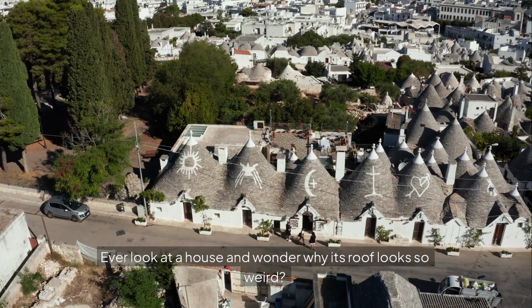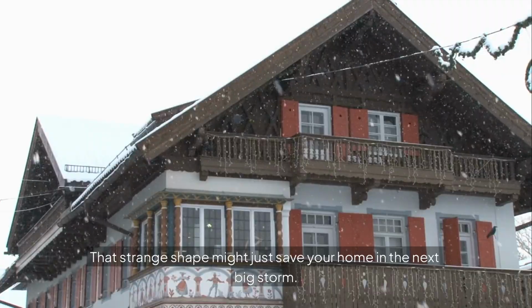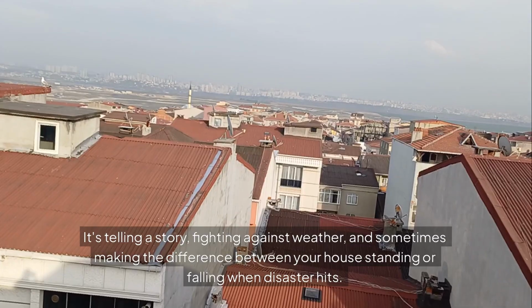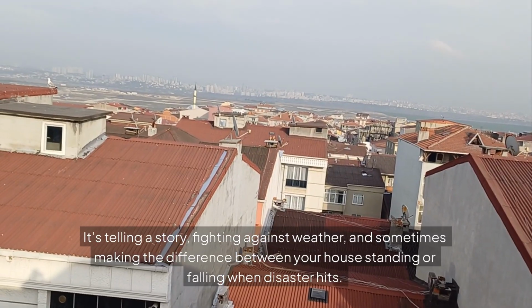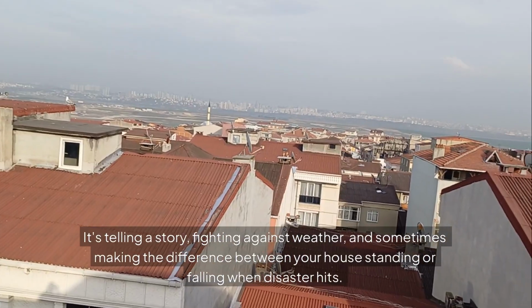Ever look at a house and wonder why its roof looks so weird? That strange shape might just save your home in the next big storm. That roof above your head isn't just there to look pretty. It's telling a story, fighting against weather, and sometimes making the difference between your house standing or falling when disaster